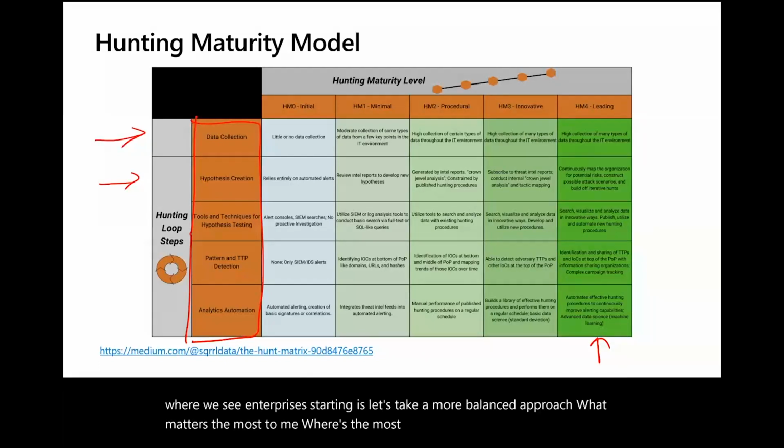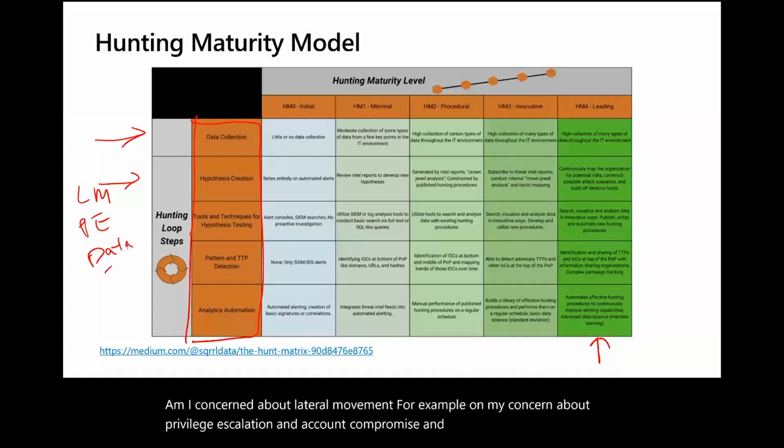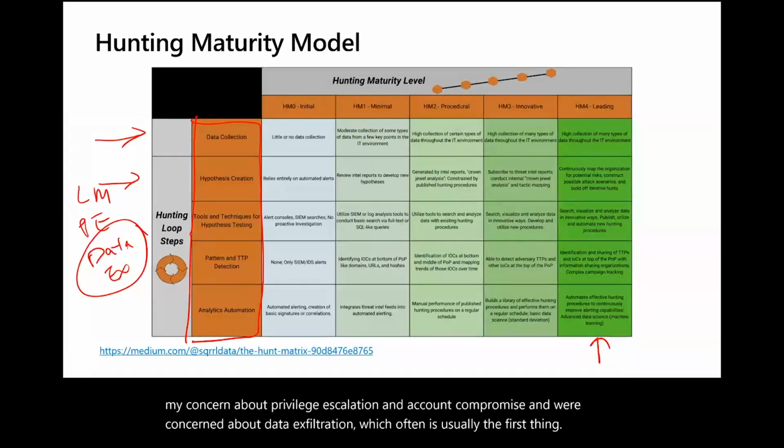Where are my most critical assets? What is the most high impact type of attacks that I might be concerned about? Am I concerned about lateral movement, for example? Or am I concerned about privilege escalation and account compromise? Am I concerned about data exfiltration, which is usually the first thing I see most enterprises trying to target